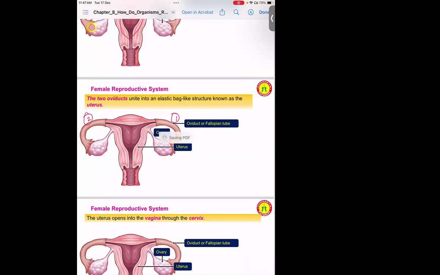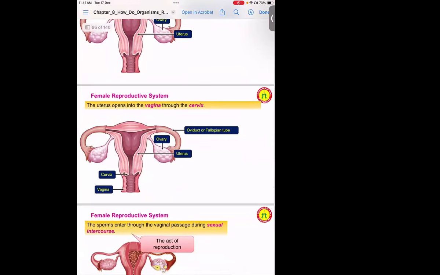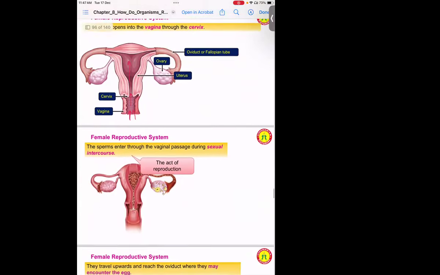So if you see this picture, what do they have? They have two other different parts also, which are the vagina and cervix. So this is the vagina. Through this part, the sperms will be entering, and these sperms will reach the cervix. And from the cervix, they go to the other parts of the female reproductive system. So that is how sexual intercourse happens between the male and the female reproductive